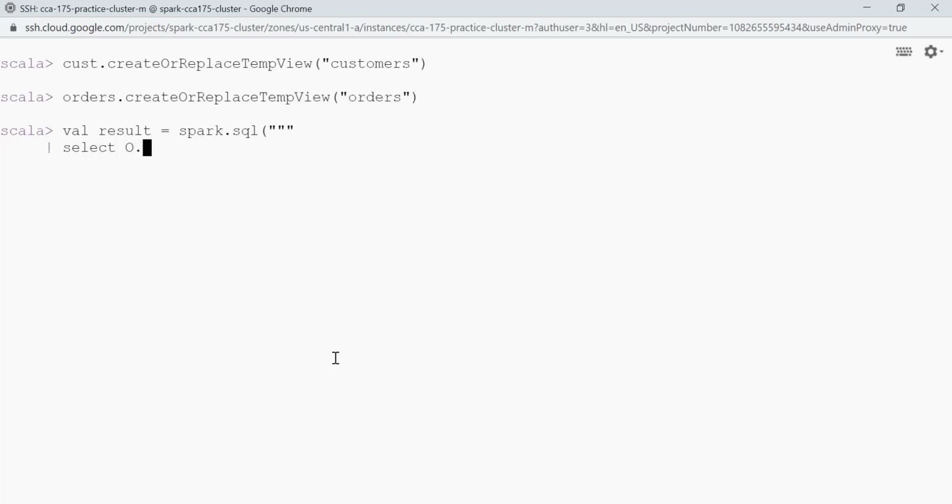So I'll be saying orders dot customer ID. We have to fetch this, and we have to fetch customer dot customer_first_name and customer dot customer_last_name. And then we have to calculate the count of records. Let's give this column a name, count, CNT. Now we have to fetch this data from